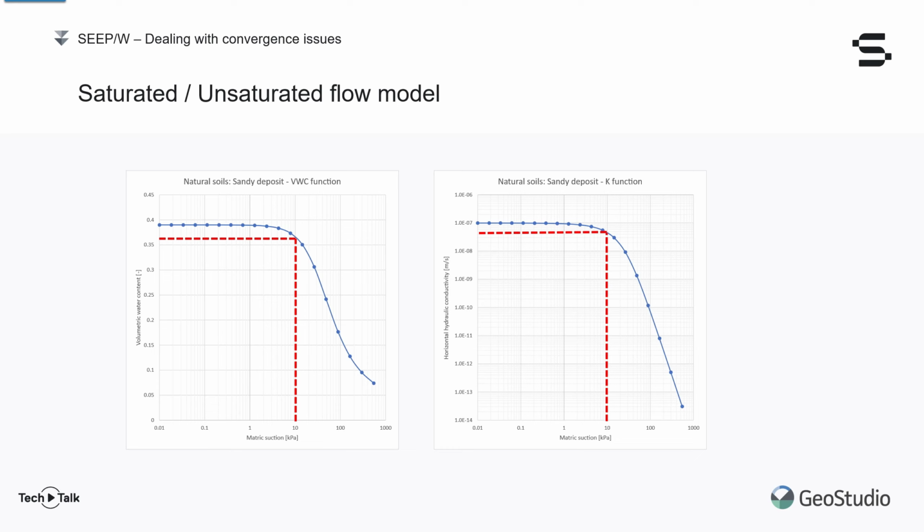Once this first trial is done, the solver will return back to the initial trial matrix suction it has posed and verify if the calculated pore water pressure matches with the hypothesis. Chances are both values won't be the same. The solver will then correct the pore water pressure value and recalculate the volumetric water content and hydraulic conductivity, and